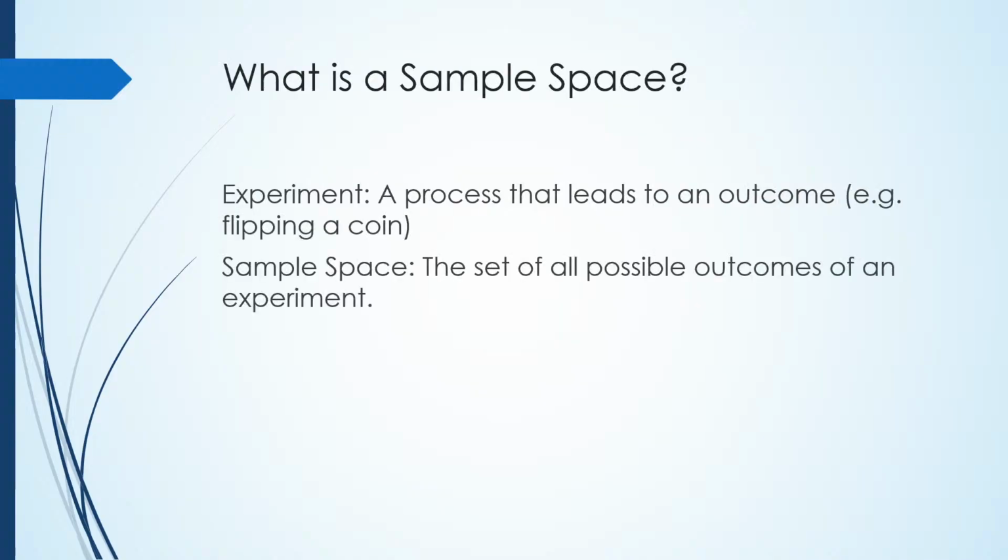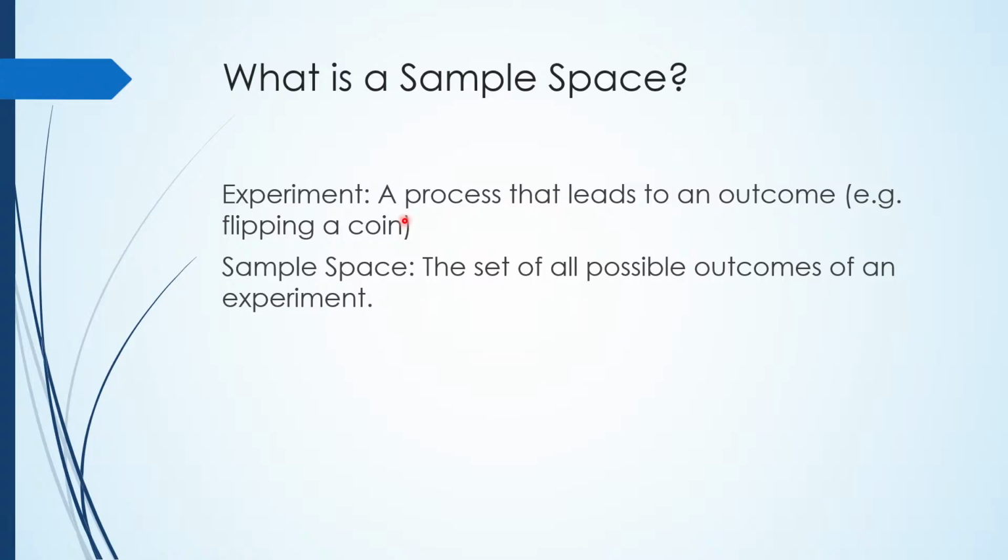So what I want to do is define what a sample space is, first of all. Before I do that, I need to define something called an experiment. An experiment is a process that leads to an outcome, right? So a simple probability experiment is any activity or process that can produce distinct outcomes. For example, if a coin is flipped, the result is either going to be a heads or a tails,